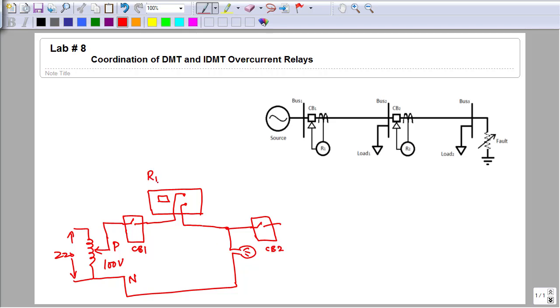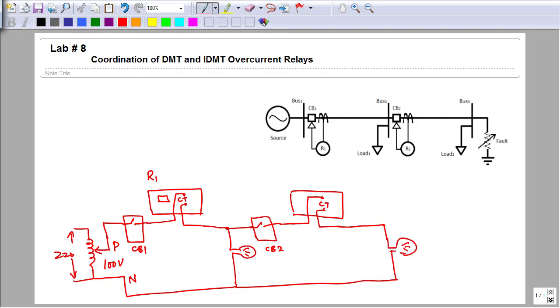This is relay 1. Next will be the second relay, the overcurrent relay. So current will be passed through this terminal so that the relay can sense this current. And next we have the second load. The load will be connected between the phase terminal and the neutral. Next we have a rheostat to implement the fault. One end of the rheostat would be connected to the neutral, and the other variable point will be in floating condition.